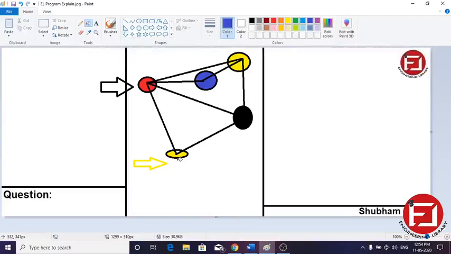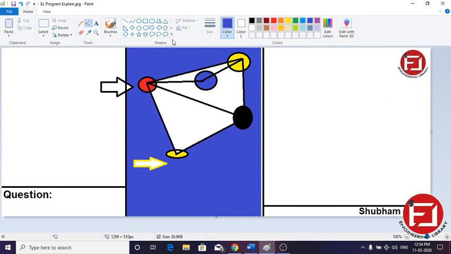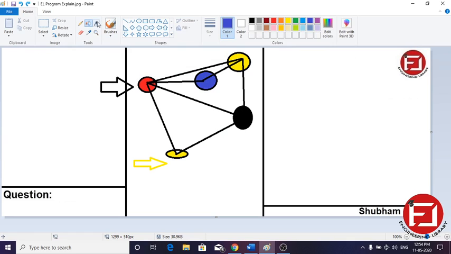We assign the new color to this node, because these two are the same. And after assigning, we have to check all the adjacent nodes to see whether they have the same color or not, like this one and this one, the adjacency nodes, the graph coloring.